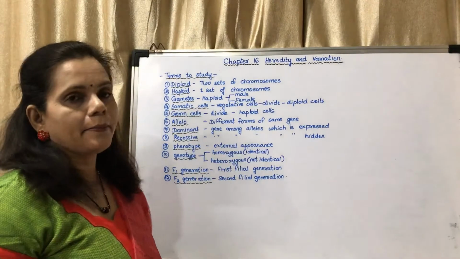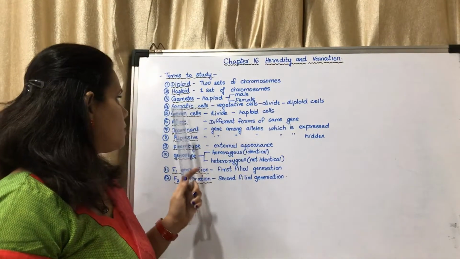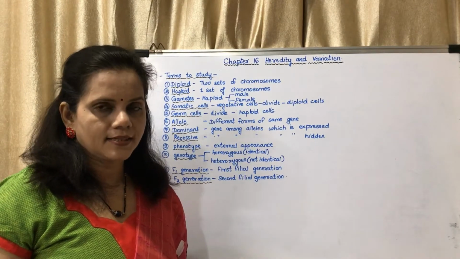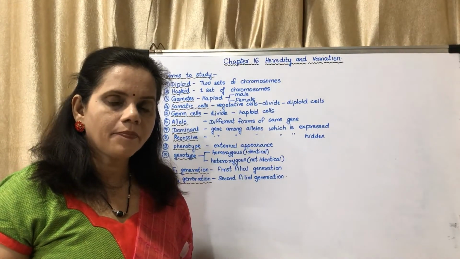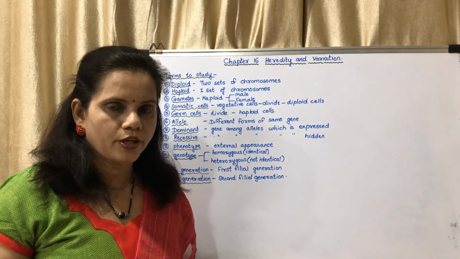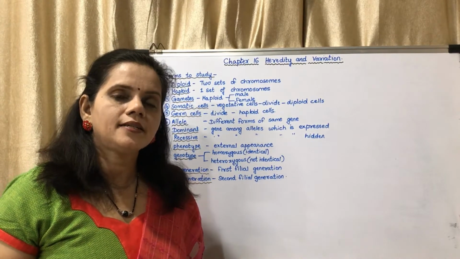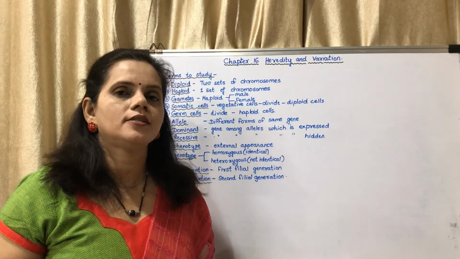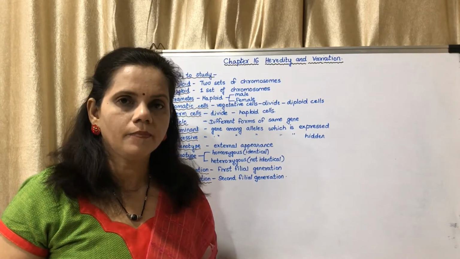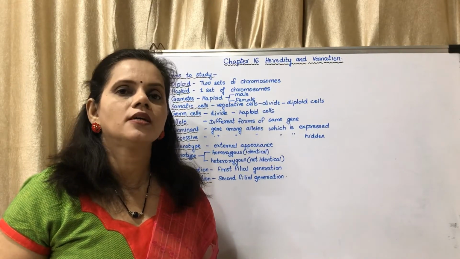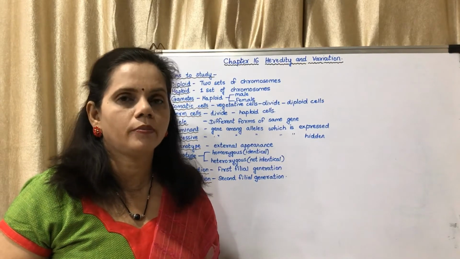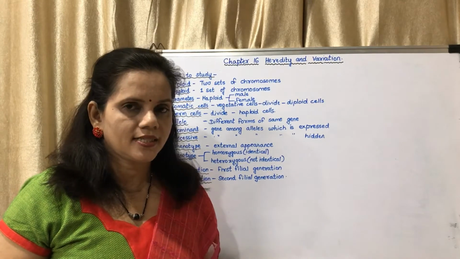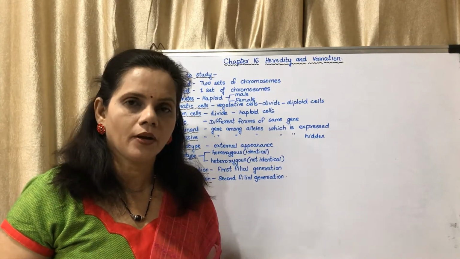Now what are gametes? Gametes are the cells which are produced in the germ cells, that is our reproductive cells. In our reproductive system, there are particular gametes which are produced. There are two types of gametes, male gametes and female gametes. A male body produces the male gamete, that is the sperm, and a female body produces the female gamete, that is the ovum or the egg. Now this male gamete has only one set of chromosomes, that means it is haploid.